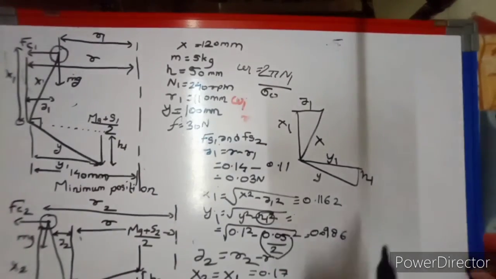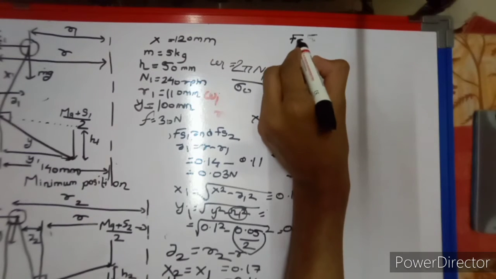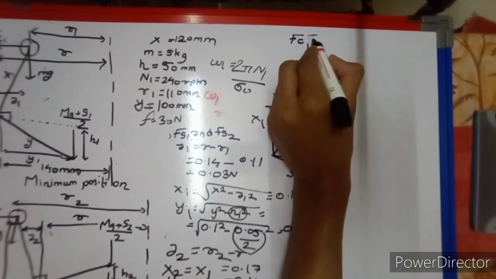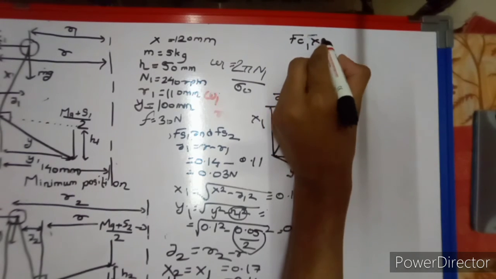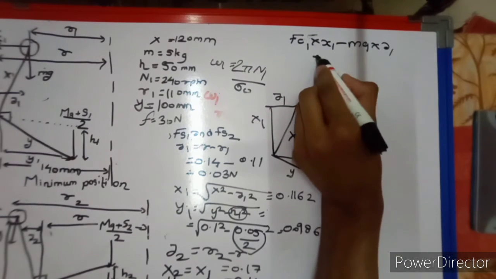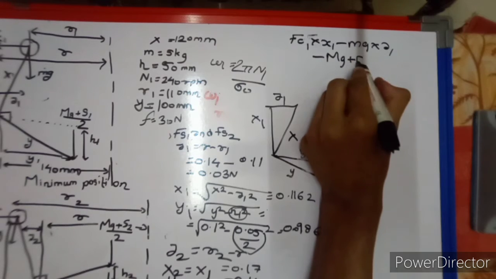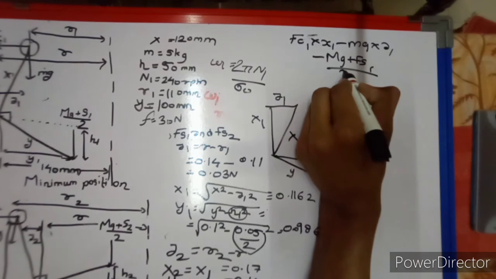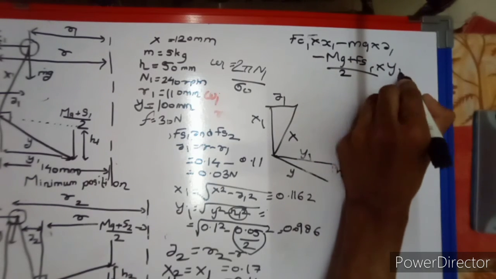So Fc1 into x1 minus mg into a1 minus (mg plus Fs1) upon 2 into y1 equal to 0